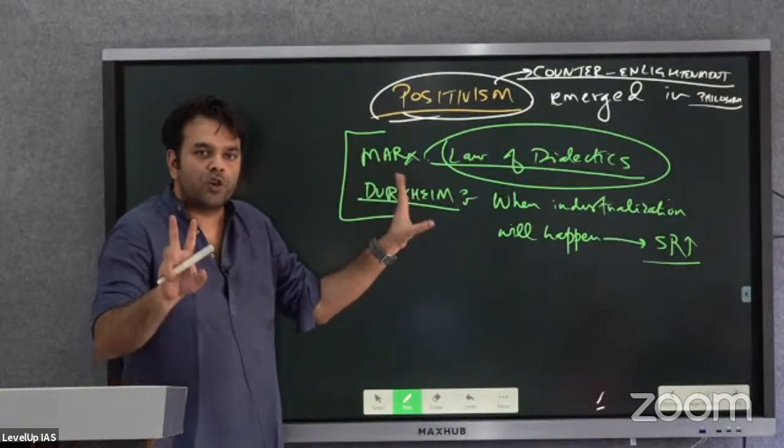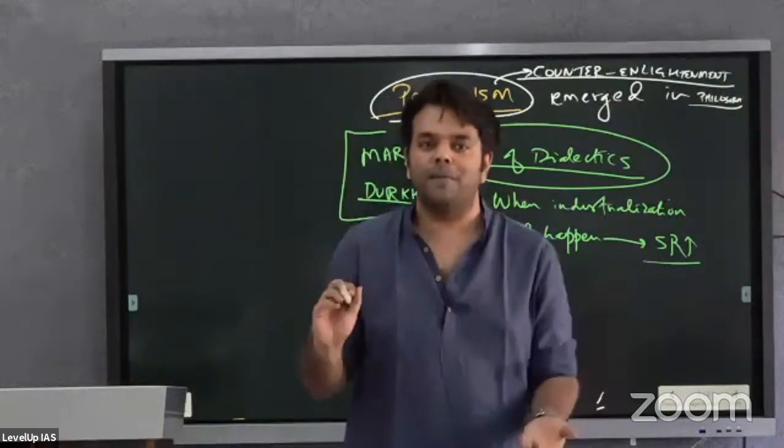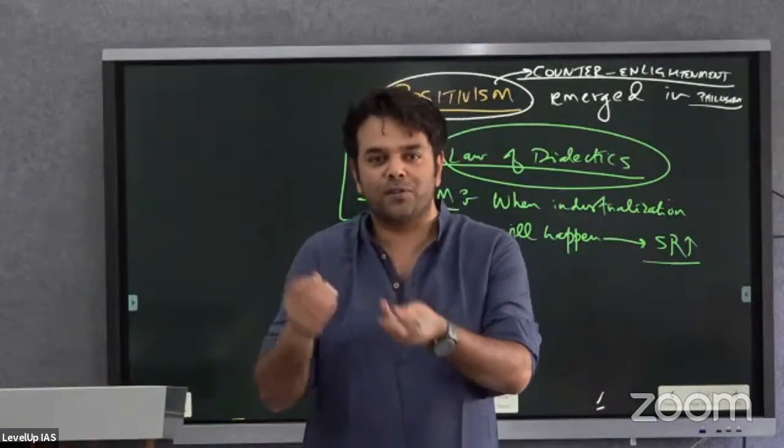These two examples should be given when you are explaining positivism. If you are simply writing positivism is application of natural science to the social world,